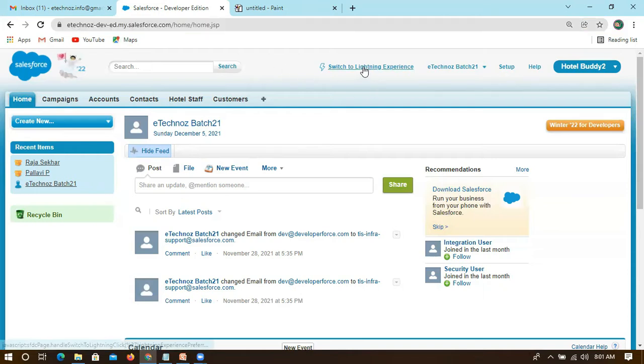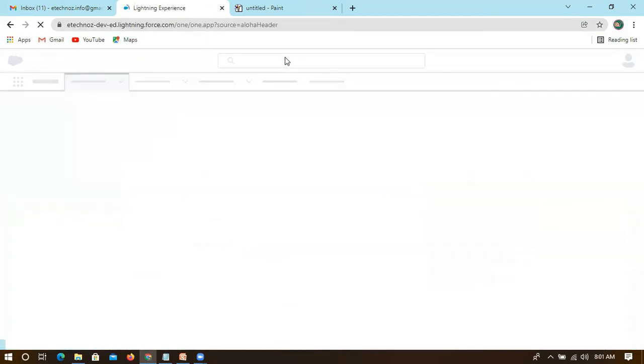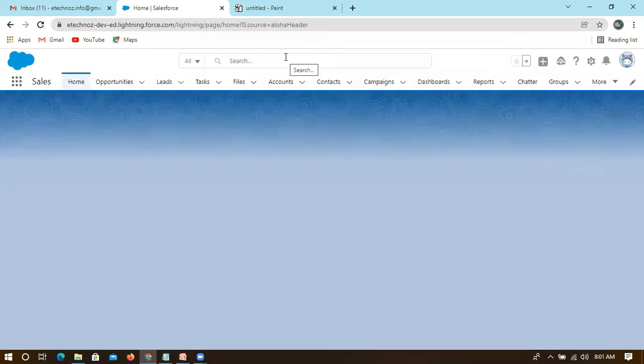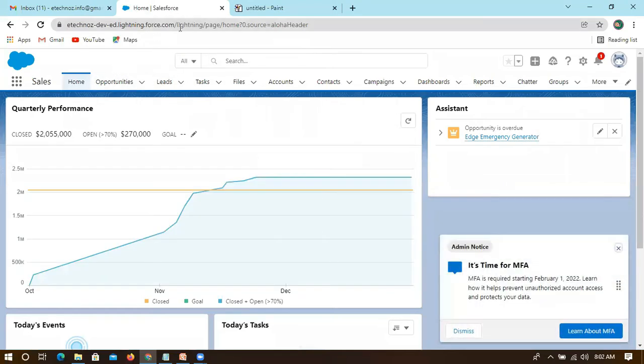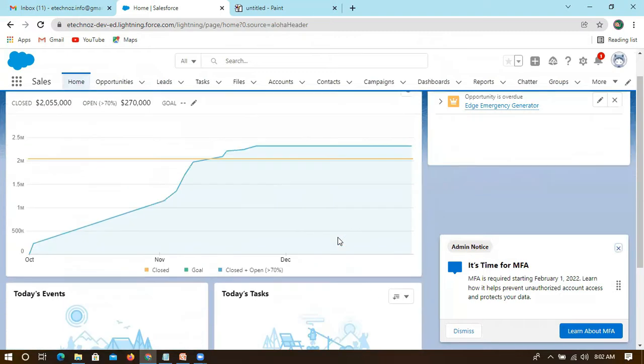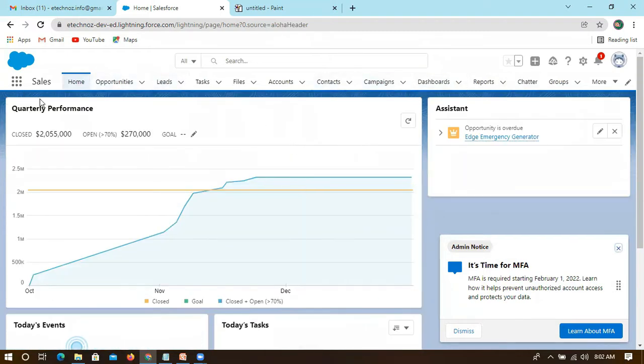Sometimes, when you're fresh and creating an account for the first time, by default they redirect you to Lightning. Let's take that you created the account today itself. When you log in, immediately it will take you to this page, not the previous one we were talking about. They have come up with Lightning, so they have defaulted to the Lightning page. You can see this view, but right now we are not discussing this. It is similar, only the navigation steps will be different.